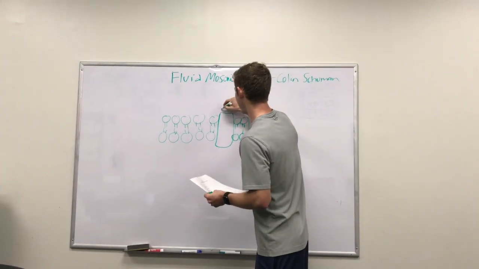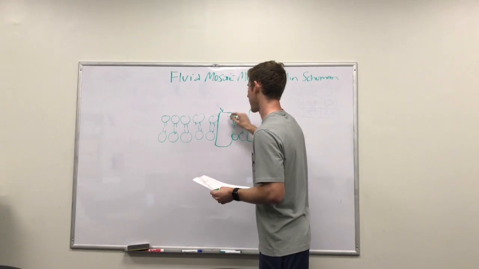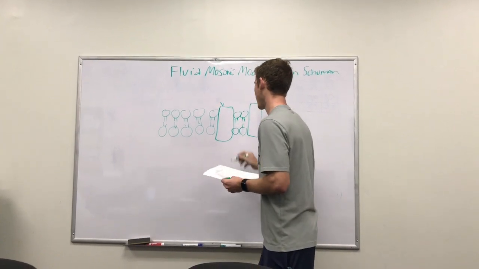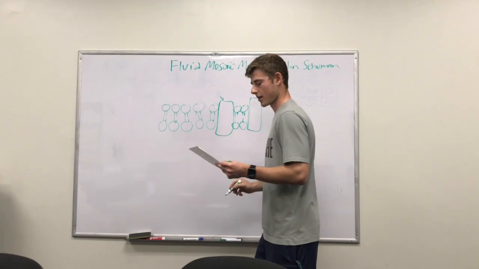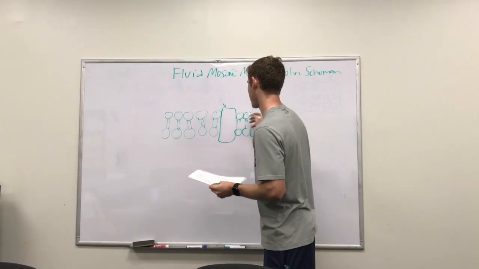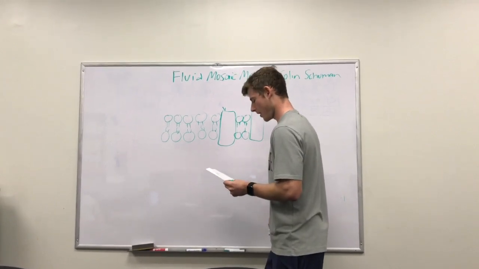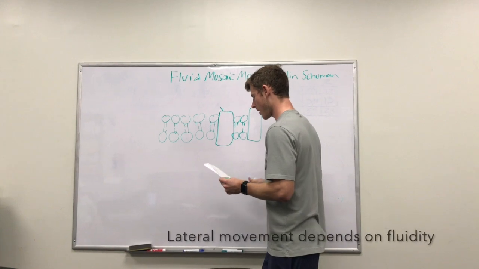They have the hydrophilic side right here, which is outside of the phospholipid bilayer, and we have the hydrophobic R groups, which is right in here, or the R groups that make it hydrophobic, and they move laterally. They do not